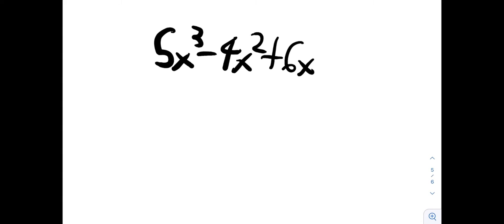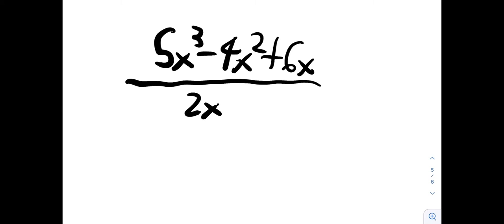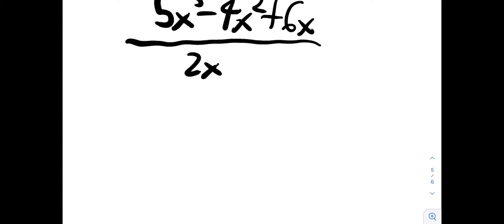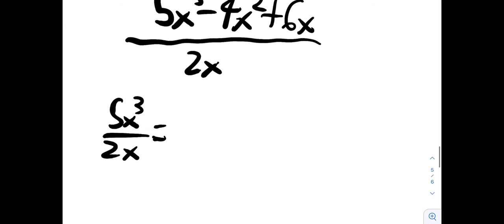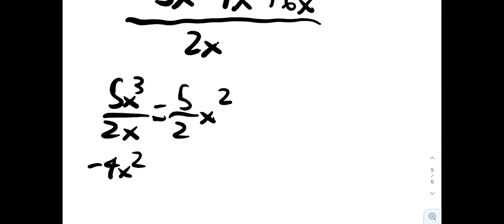So now let's say we have 5 times x to the power of 3 minus 4x squared plus 6x divided by 2x. So all we're doing is we're just applying what we know. And we're just going to leave it as a fraction. So 5 over 2 times x to the power of 2, and then negative 2 times x, and then